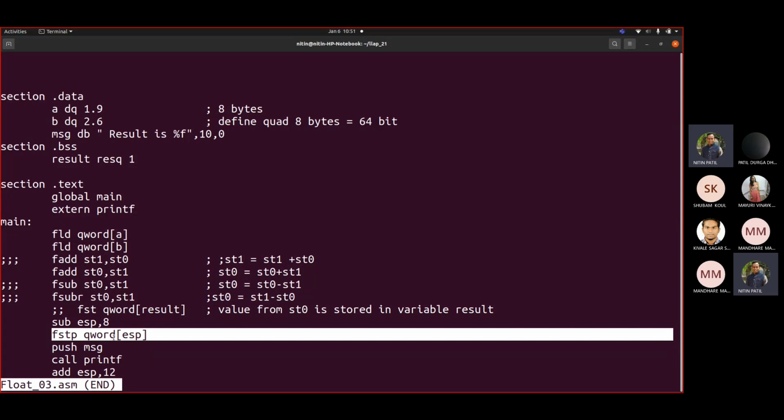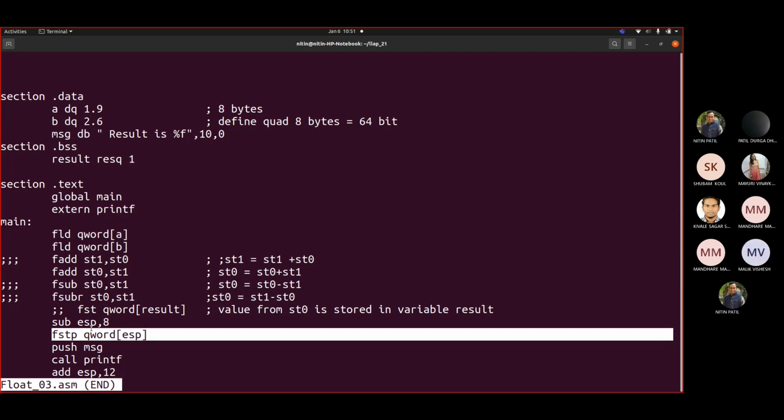So pop and store at the address represented by ESP. It will be divided into 4 plus 4 bytes, and that's how printf is working. Are you with me? That's how you print the value from a float operation.